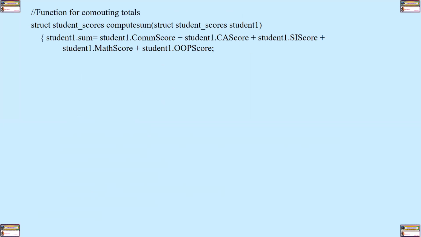Remember, these are the members of the variable called student1. So it will pick whatever is in student1, take what is in the member called math score and what is in the other score members, etc., and assign the result to sum for student1. And then you return again. Remember, these values are being read from the variable. And then after the addition,